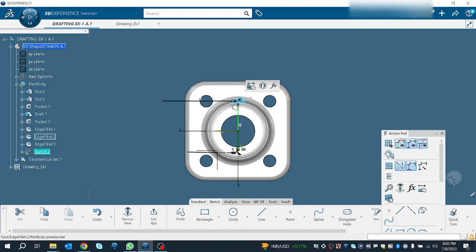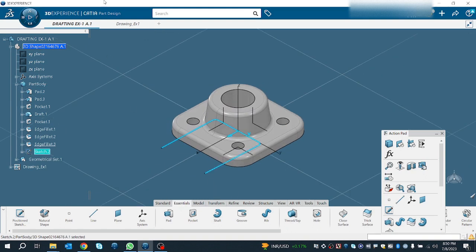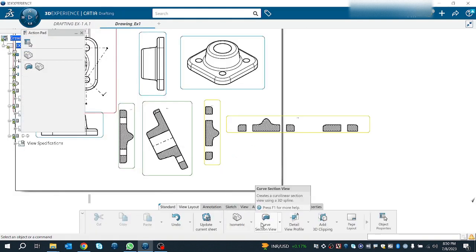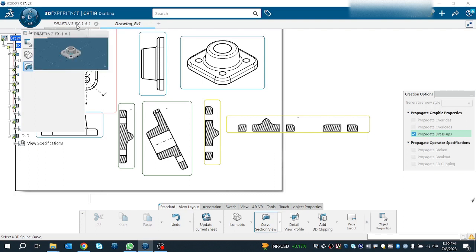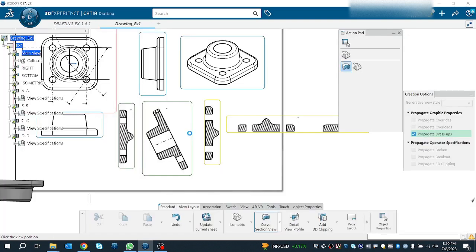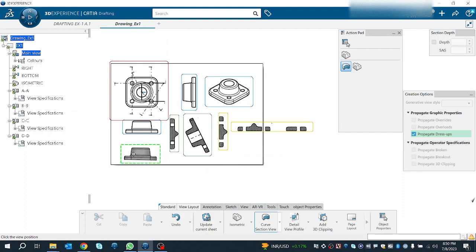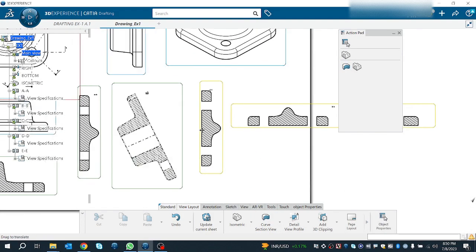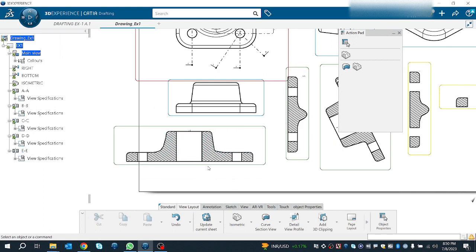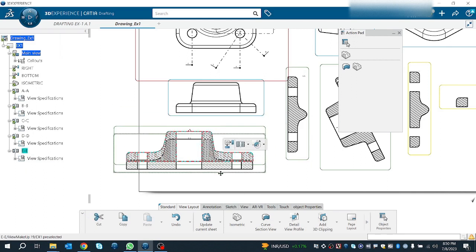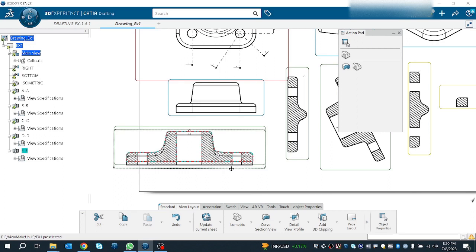Now I'm going to this curve section, click, selecting this section, and you can see the curve section. Now you can see it is following this path, you cannot drag it